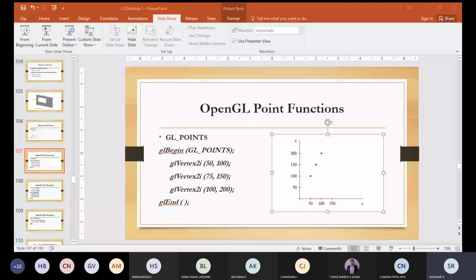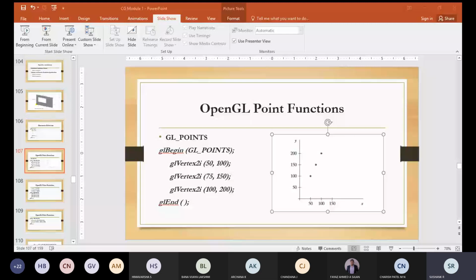At the suitable x and y position, you would have marked something, the same way. So the first line function GL vertex 2i means one point will be created at the pixel position 50 comma 100. GL vertex 2i 75 comma 150 means one point will be created at the position 75 comma 150. GL vertex 2i 100 comma 200 means a point will be printed at the location 100 comma 200.